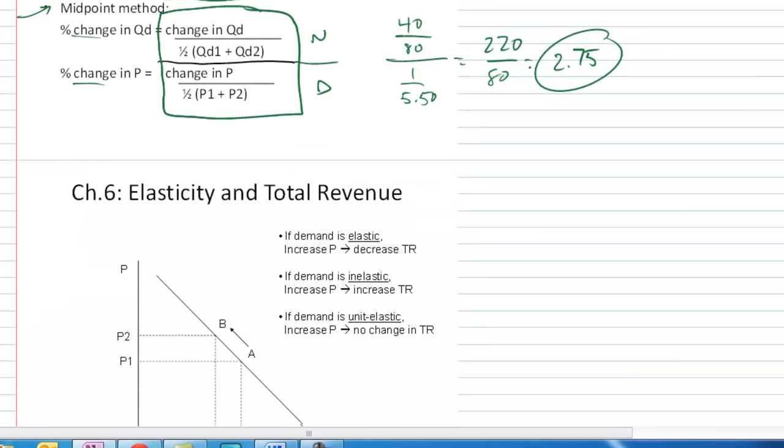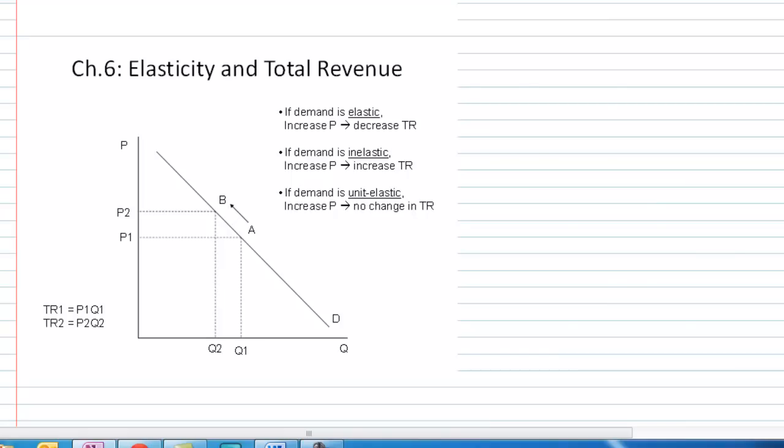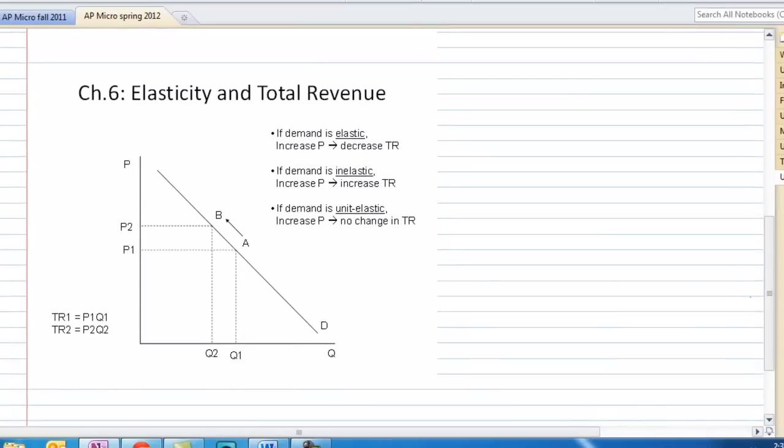Okay, next we're going to start talking a little bit about some of the usefulness of this concept when you're talking about the point of view of a producer or somebody who is, say, the store manager. Let's go back to the Jimmy John's manager again to talk about this. We want to find out a relationship between the elasticity of demand for a good and how that affects the revenue received by a producer. The revenue is the same as basically the money they're taking in. It's the price of the good times the quantity sold.